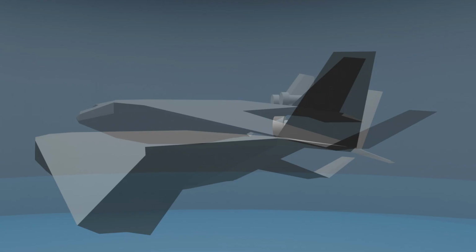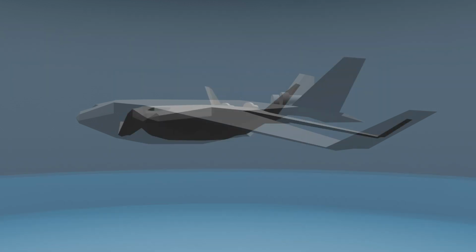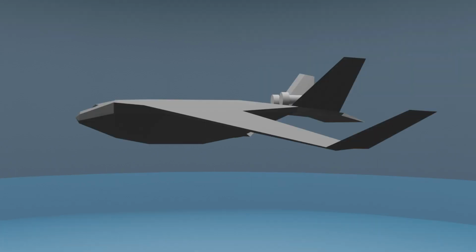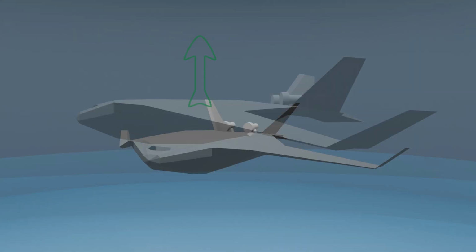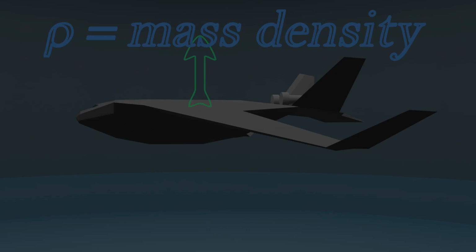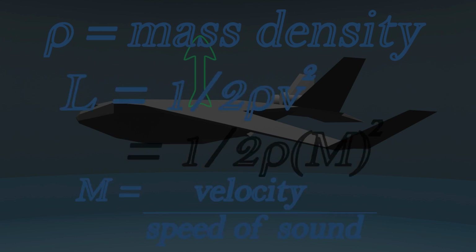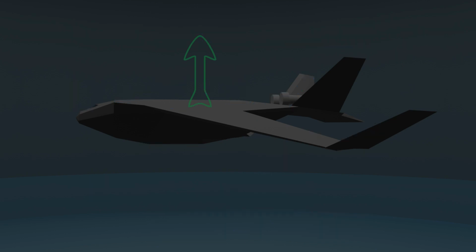The other factor is wing loading. Wing loading is the weight of the aircraft divided by the wing area, or more correctly, the effective wing area. By having the central fuselage also as an aerodynamic shape, that increases the total wing area and reduces the total wing loading. The wing loading has to be balanced by the lift of the wing, and the lift of the wing is a function of the mass density of the air times the velocity squared, which can be looked at as the Mach number squared, the area of the wing, the effectiveness of the wing, and then factors such as